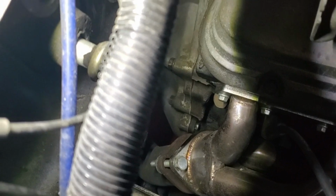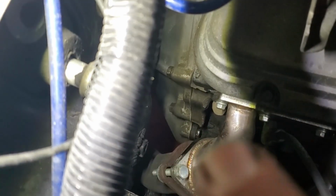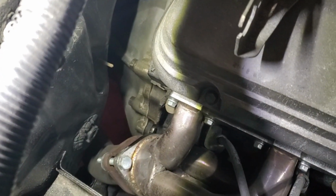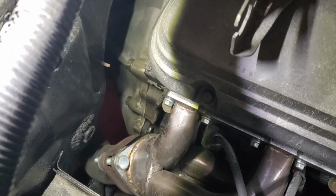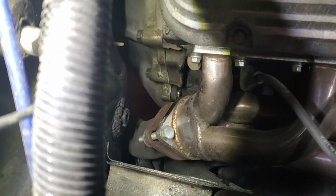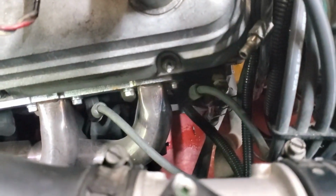We're trying to get to, let's see, that bolt right there. So if you have all your emission stuff, you probably can't even see it, but I'm gonna try to run a socket from, try and get it so I can get a ratchet on it out here. I've tried putting an open end wrench on, it's just not enough room to grab onto it, even with a 12 point. So I'm gonna try to reach through from up here